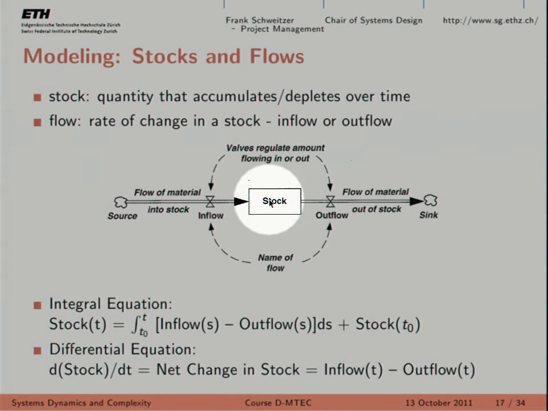The rate of change of this stock quantity is called a flow. So if you have the work to be done as a stock variable, the work which is currently being done, so the work which is taken out of the stock variable and currently being processed, like the sheet of paper that I take to put a stamp on, is called a flow because it reduces your stock variable. In the same way, the work which goes, for example, I put my sheet of paper on the work done stock variable. This would also be called a flow because it increases the corresponding stock variable. So we work with stocks and flows, and this is called inflow and outflow.